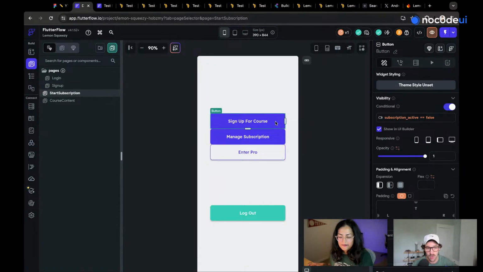I love that. So the subscription active equals false, we have that sort of trigger, that condition. That subscription active is coming from the user's collection, right? So that's a field we create in the user collection. Okay, cool. Exactly, yeah. So here, for example, this one has a sign up for course, but as soon